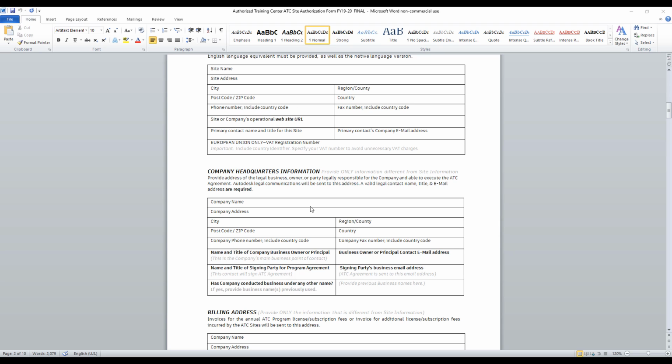As I move down, the company headquarters, now this may be the same address as the site itself. If that's so, we can leave all the top information the same, but then as we come down, they've got the name and the title of the company business owner. We need to make sure that that is clear and transparent. The email address,